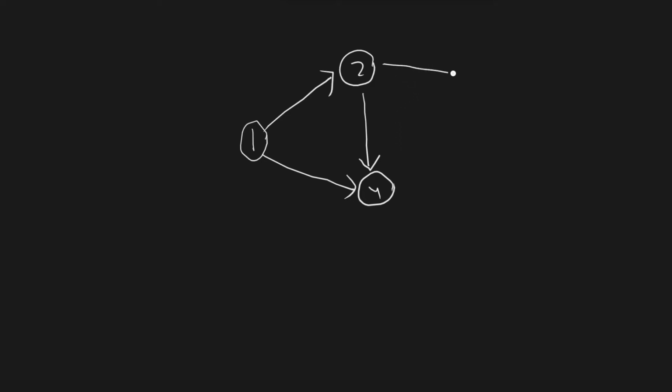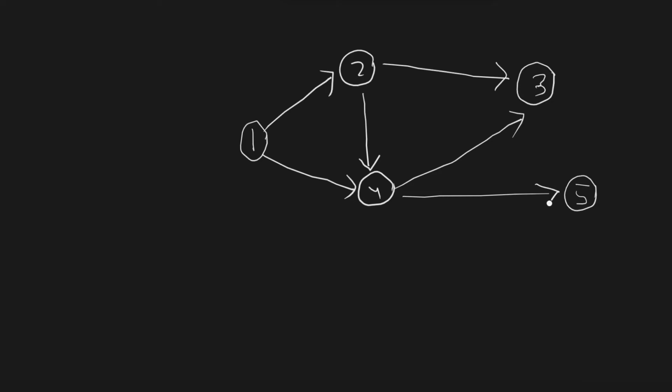Let's say this is our graph, 1, 2, 1 is connected to 2 like this, then let's say this is 4, 1 and 4 are connected like this, and there is a directed edge like this, 2 to 4 is connected, okay, and 2 to 3 and 4 to 3, and there is another one, let's say 5, okay. So let's see if we have a cycle, and you can clearly see there is no cycle, and